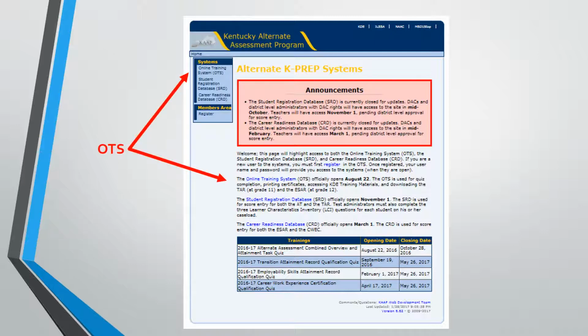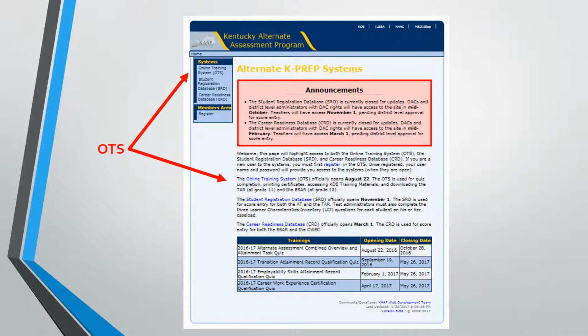The OTS is used for accessing KDE training materials, quiz completion, printing certificates, and downloading the Transition Attainment Record and the Employability Skills Attainment Record. Each district must have at least one person certified to facilitate the assessment process for the TAR and ESAR.